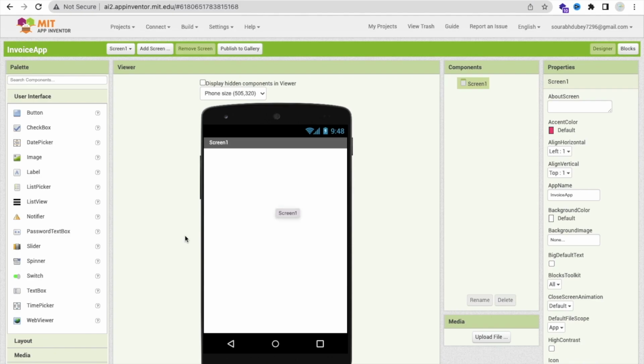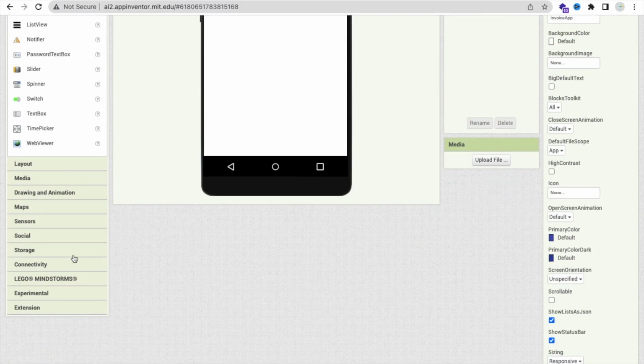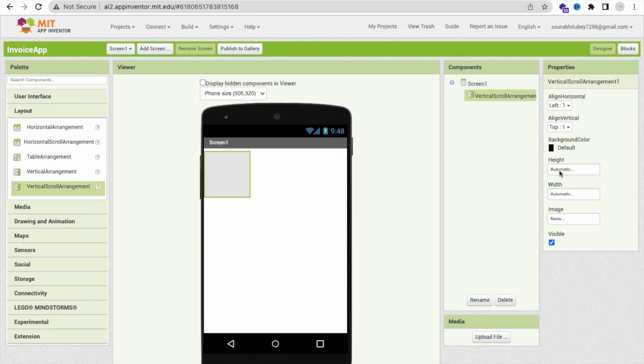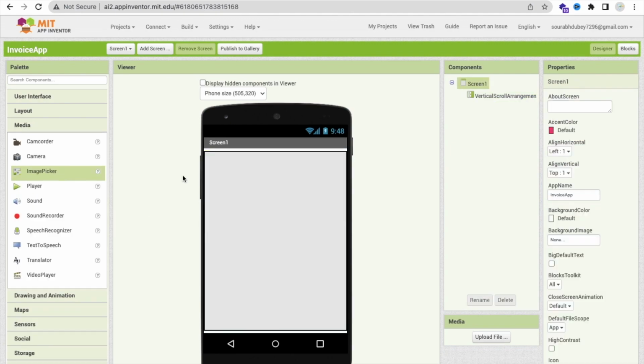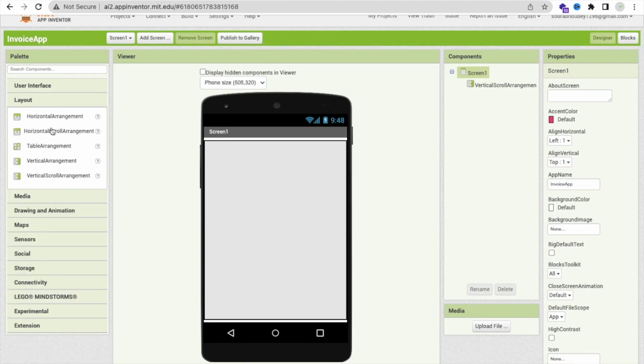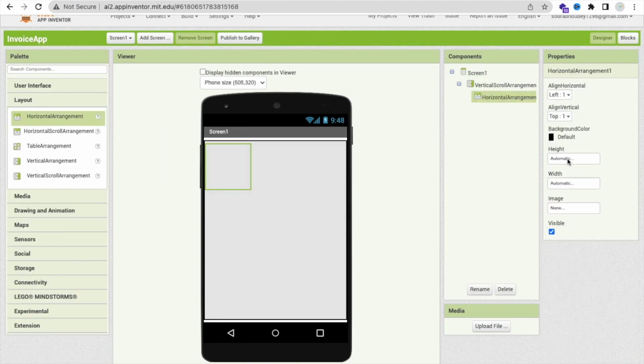So first I'm going to use one layout. Go to the layout, and that one is vertical scroll arrangement, this one, and just make the height and width fill parent like this. So that's our vertical scroll arrangement. Now we need to use one more layout, that is horizontal arrangement, simple, and make this horizontal arrangement